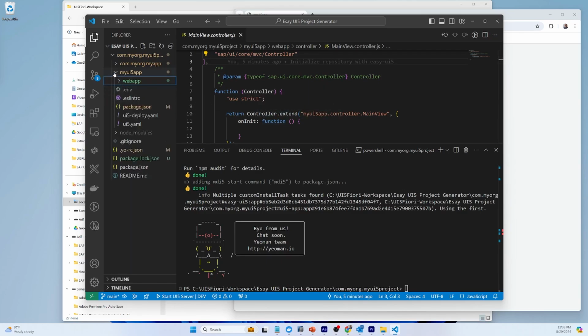So what I will do, let me add some other things. So now I will add another UI module. So here is the UI5 project. Then